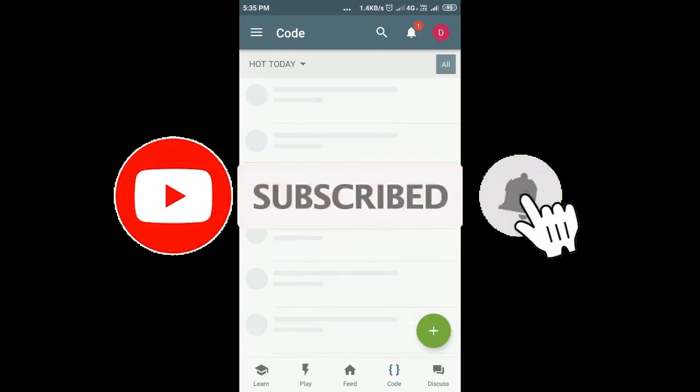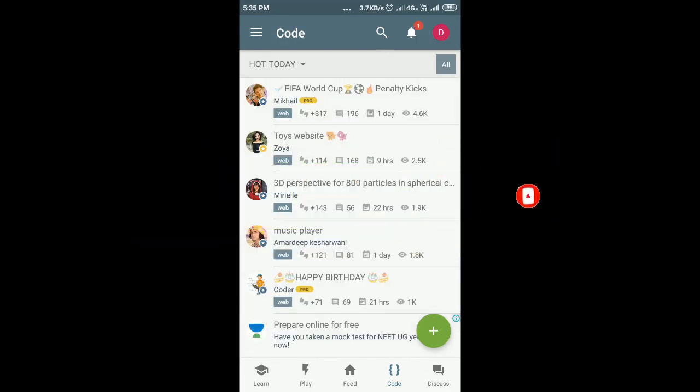So now let's see where all the documents are saved.